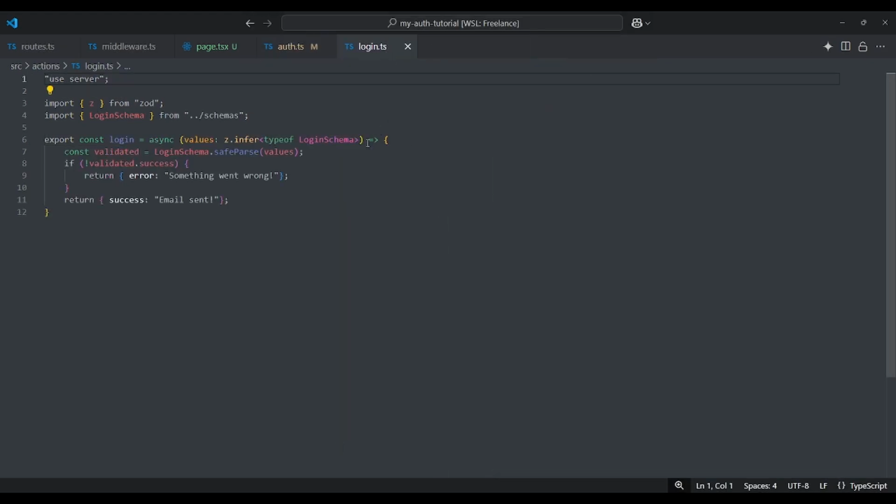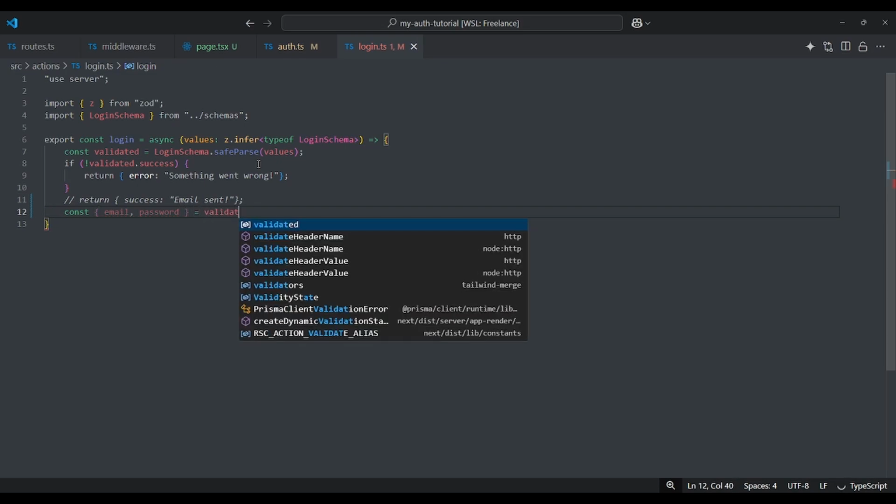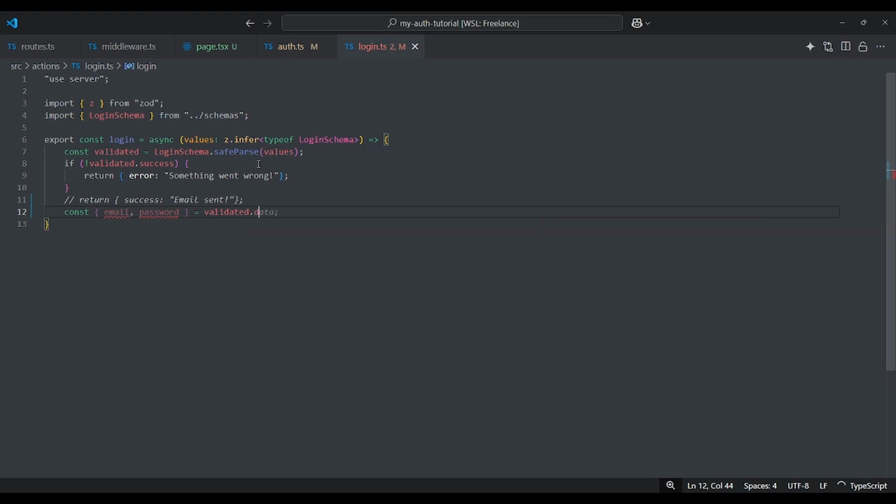Let's move that there, and we are going to improve the logic that we have here in this login action. Right now we have these two objects to be returned, an error or success. So I'm going to comment this for the moment, and let's define a constant here, an object that holds an email and the password properties from the validated data.